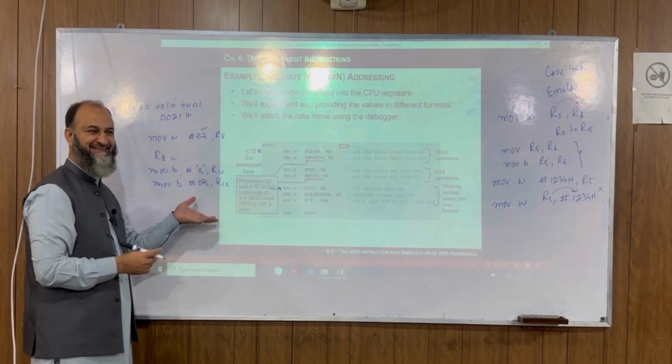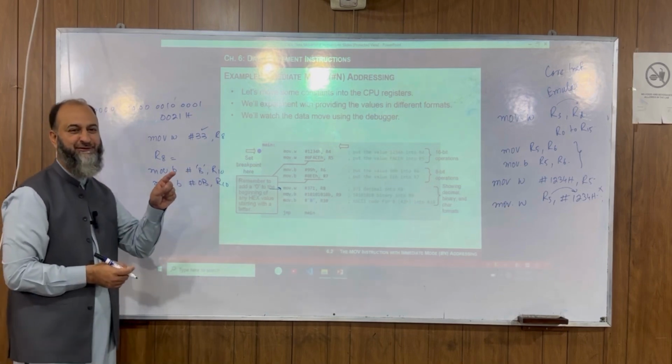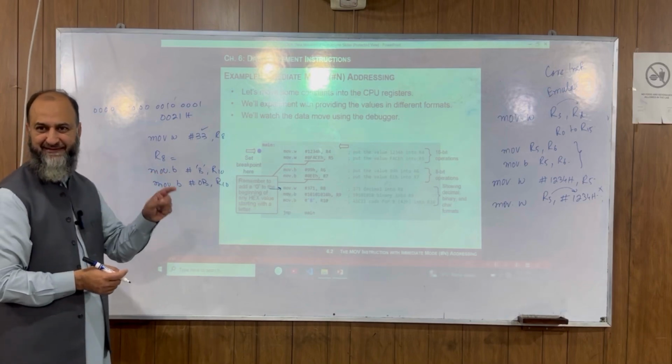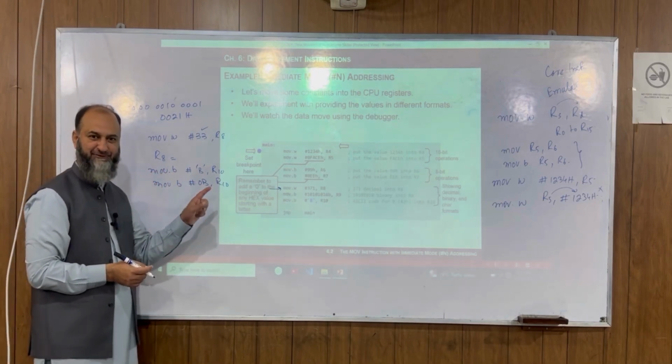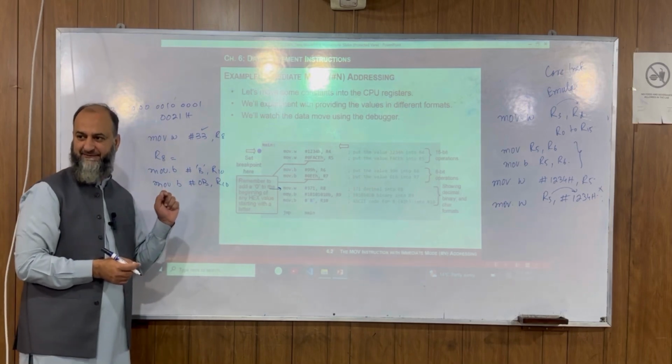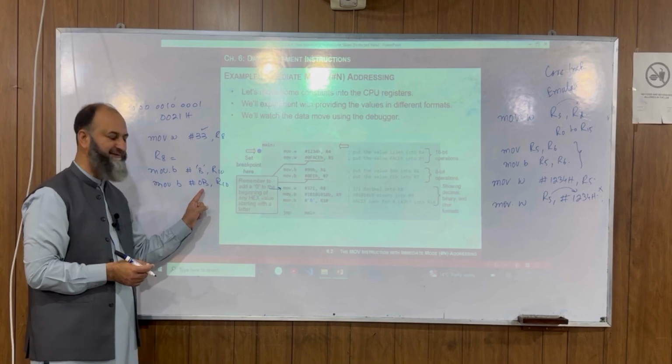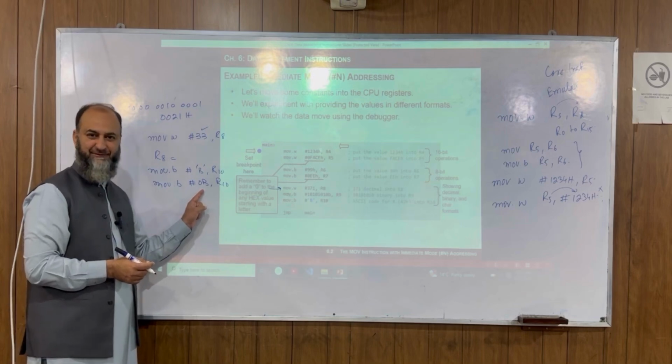So what's the difference between the upper and the lower one? That character is going to be stored into the memory location. The character is going to be loaded into the memory location. So this is the difference, right? And this will be an 8-bit ASCII character. It's said to be a character moved over here, and this is said to be 0B hex.